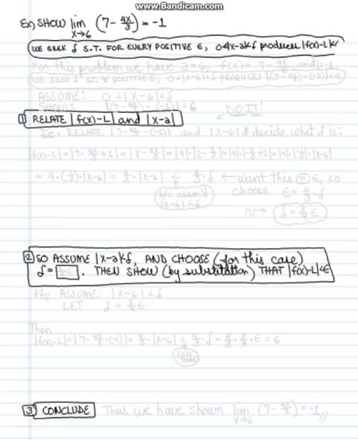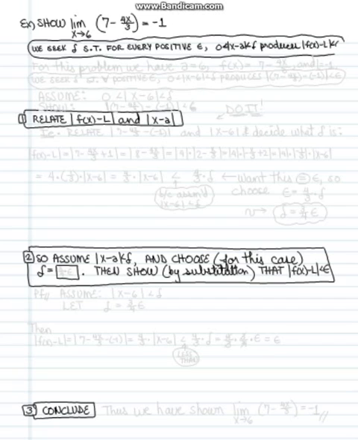Okay, here we are doing another limit. We have the same outline set up on the page for doing this proof. We are going to show that the limit as x approaches 6 of (7 minus 4x)/3 is equal to -1. And in general, we seek delta such that for every positive epsilon,